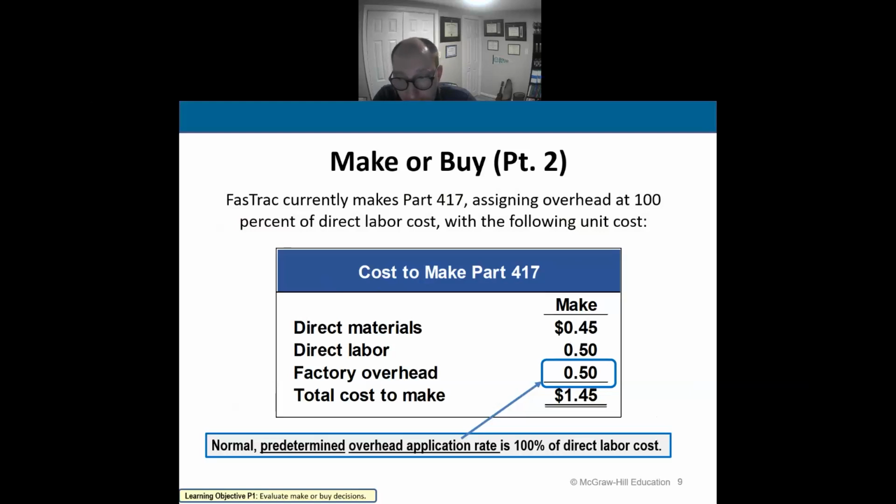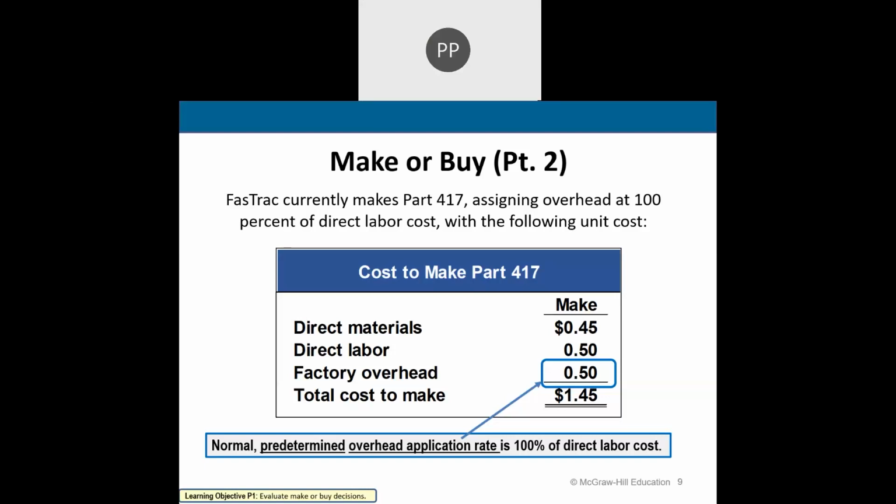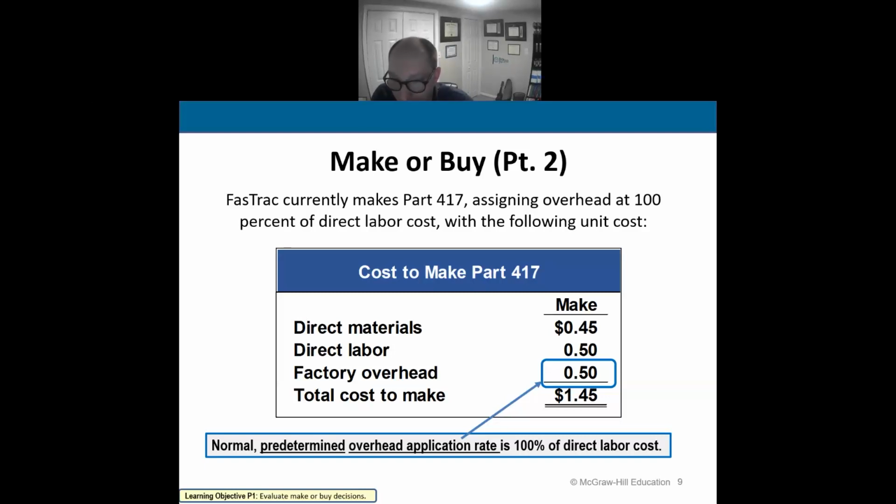Let's say it, Pavle, what do you think here? Maybe like wipers. Yeah, okay, I like that one. Let's say it's a set of wipers, part number 417. So our company, Fast Track, that's cute. We make wipers, and part number 417 is a set of wipers,